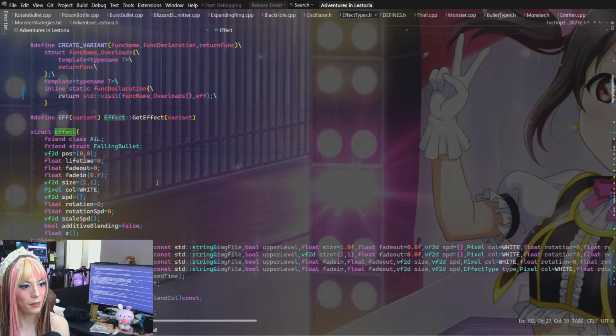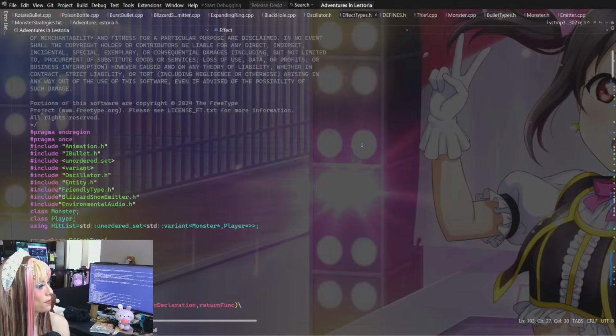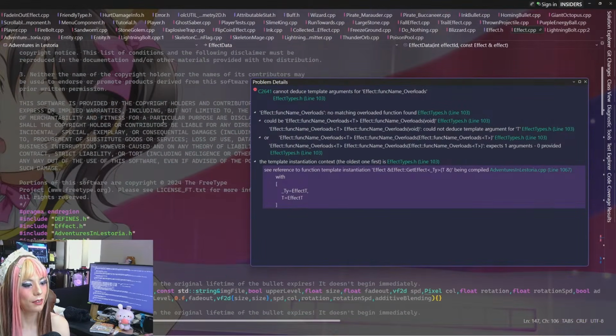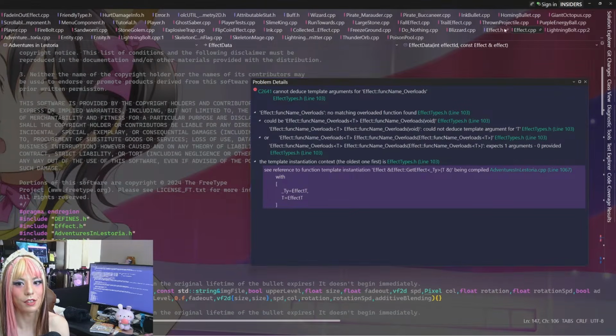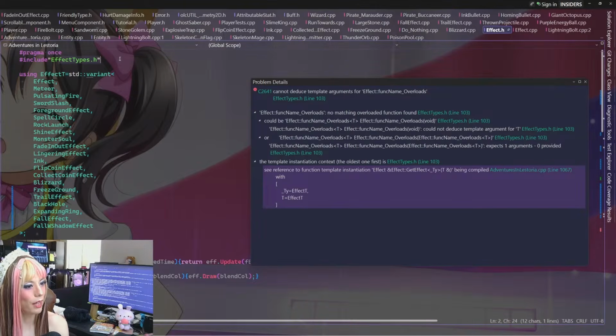Wait, does this thing know what an effect T is? Because effect types.h is included in effect.h, right? So if effect types is up here, how does it know what the types are?